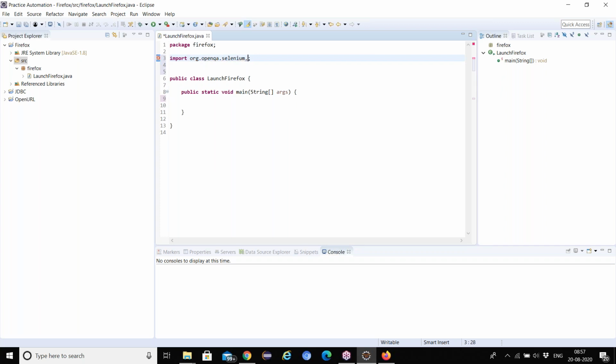You need to select WebDriver. Come down and import again.